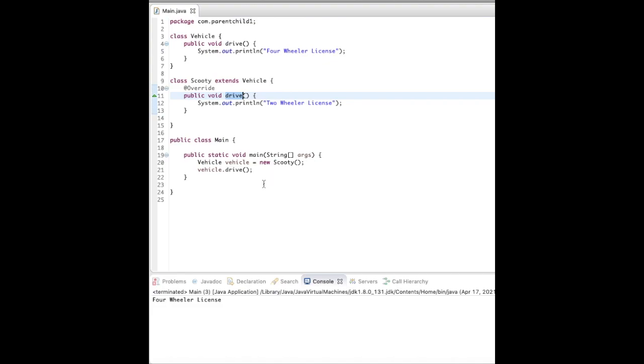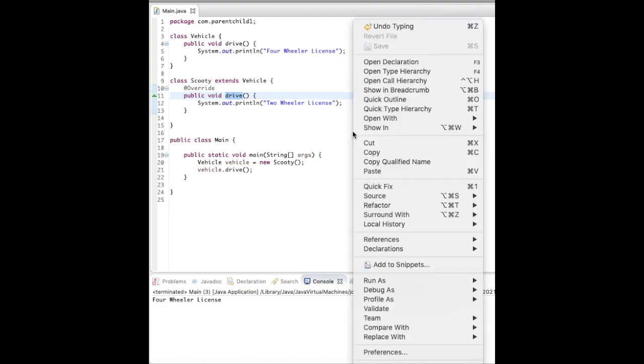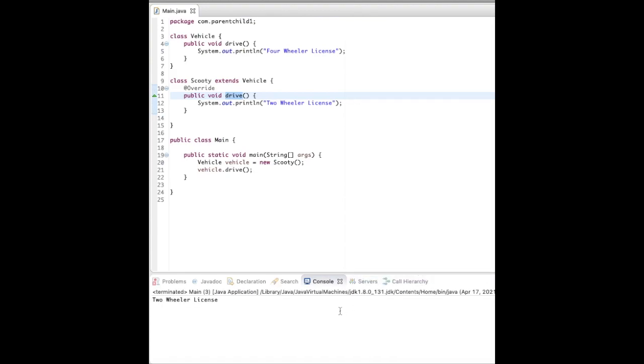So the control will go to this Scooty class drive method and print two-wheeler license. Let's run this and check. That's the dynamic dispatch. This phenomenon is known as dynamic dispatch. So at runtime, instead of the Vehicle's drive method being called, the execution will be dispatched to Scooty's drive method.